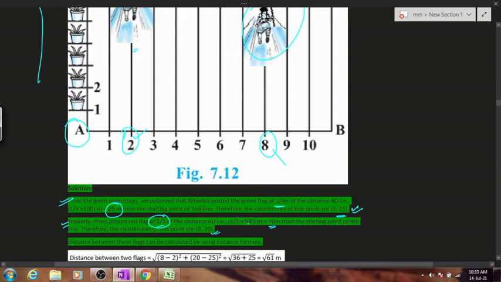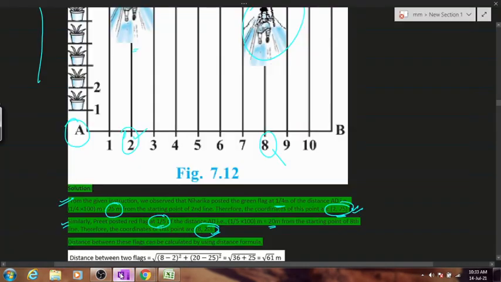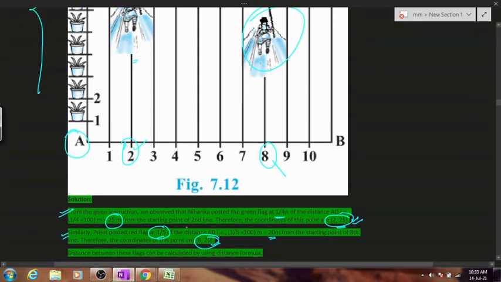So you have just been asked the distance between this point and this point. Yes or no? Tell me, can we calculate the distance? Tell me the distance between these 2 points. Did everybody understand what is 1/4 of 100, 1/5 of 100? Please confirm yes or no. Hurry up, students.